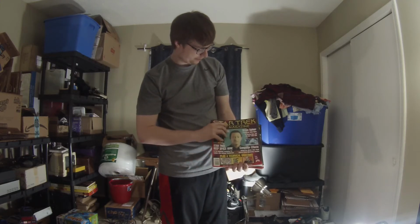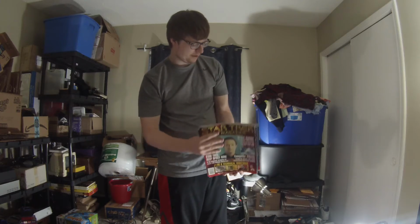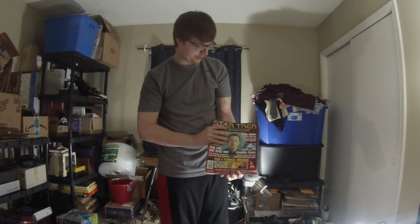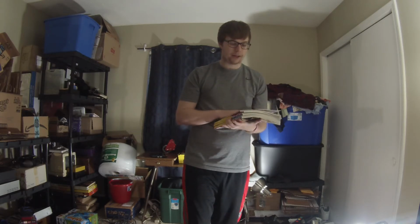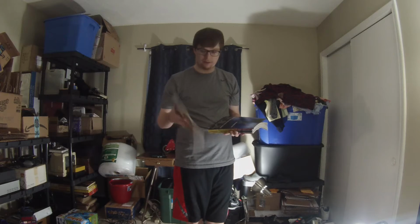I paid $5 for the stack. It seemed like they were selling pretty consistently for around $5 to $8 a piece. I assume this one's probably better than others with Leonard Nimoy on it. So the weird thing is after I bought them, I didn't pick them up whenever I bought them because it just had a make offer sticker on it. When I picked it up, the back cover on this last one